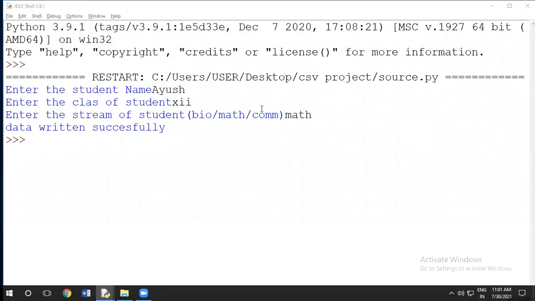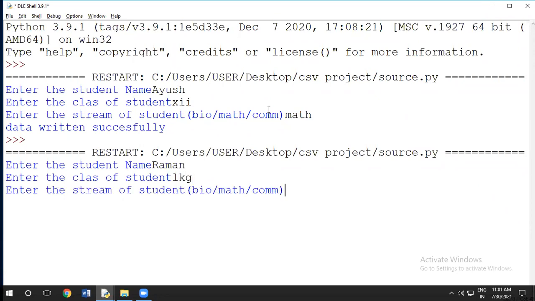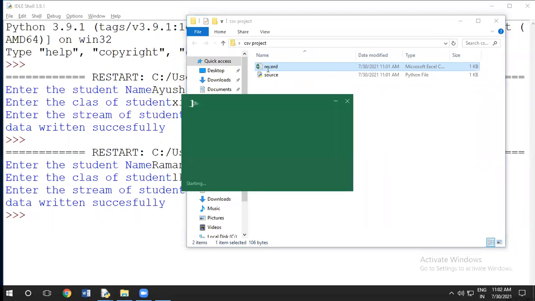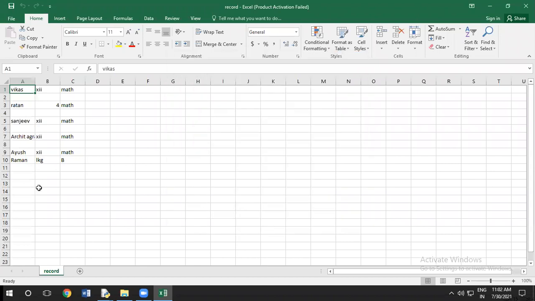We will write some more data. I am writing Roman, LKG. There is no stream, so we can write here. Data written successfully. Now again come to that folder, open it. See here now the line is not changing, means the extra line is not left. Understand?